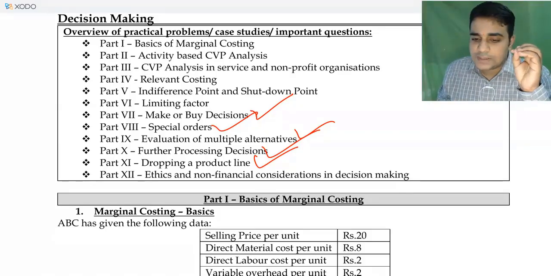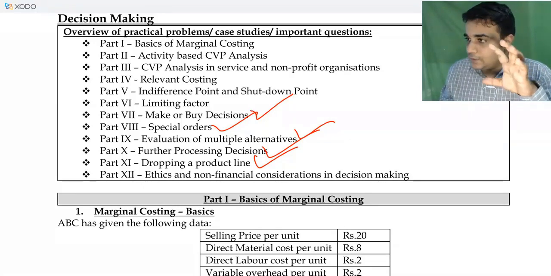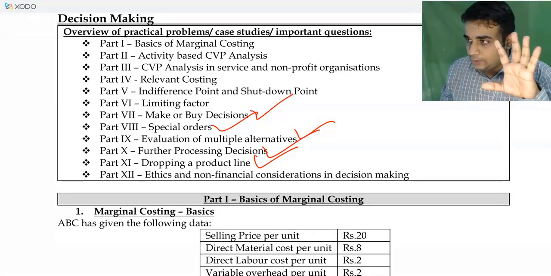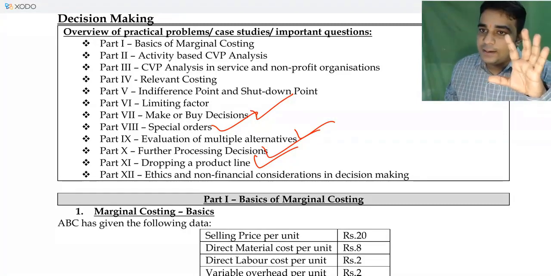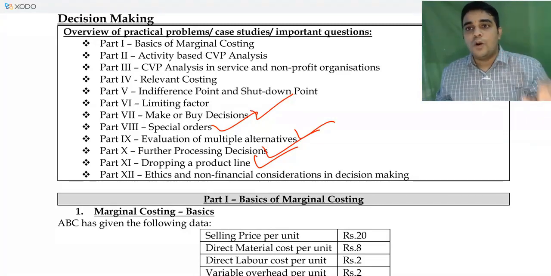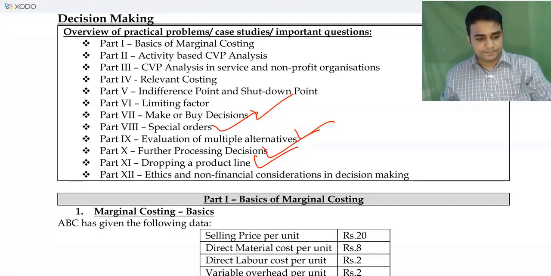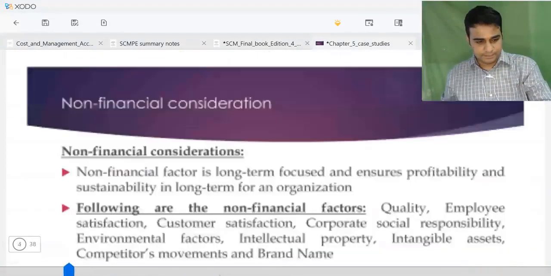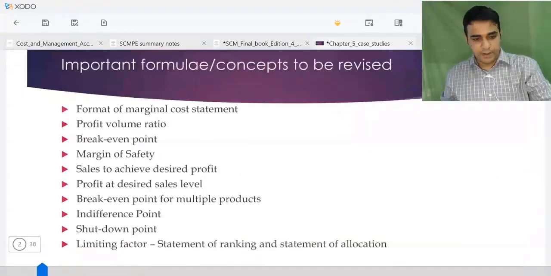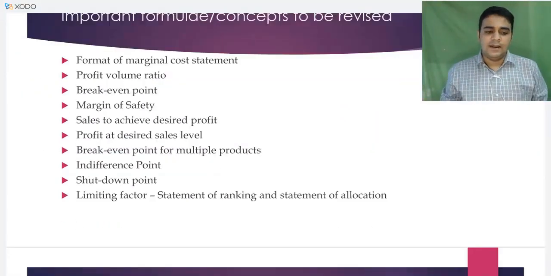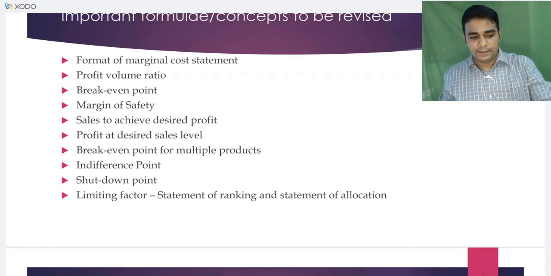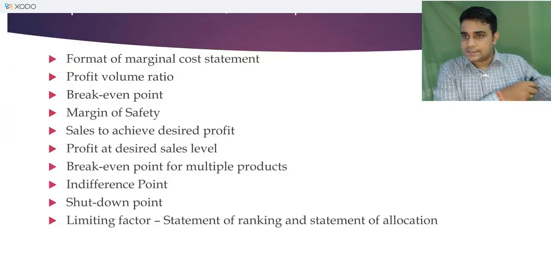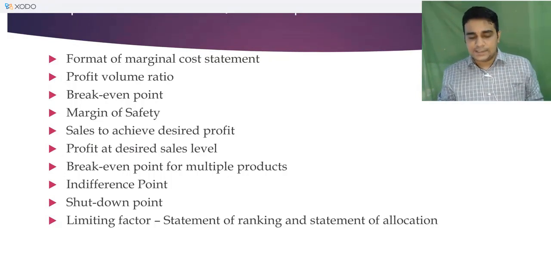Now what we are going to start now is the basics of marginal costing, which is an extension of what you did at CA Inter. You have already done this at CA Inter level. It's just going to be an extension of that. In basics, I'll discuss a few of these formulae which you could have learnt at Inter level, but let's just discuss them and then we start discussing the problem.